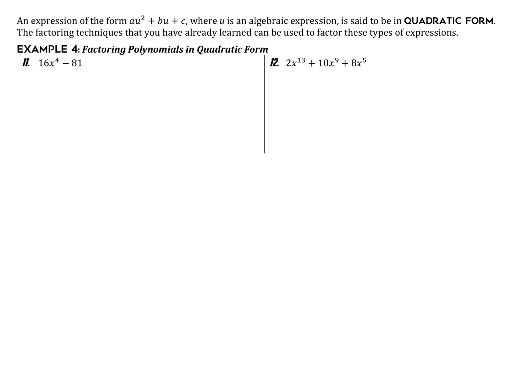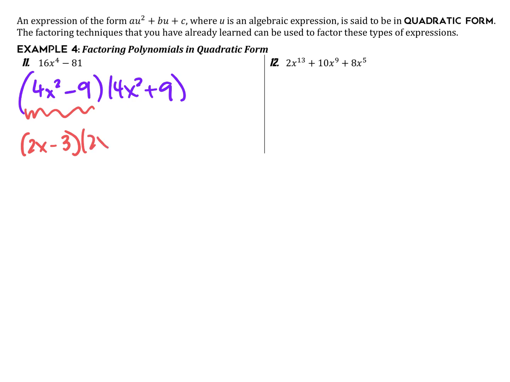see how you did. So hopefully you noticed on number 11 that this is the difference of squares. So to factor this, 16x to the fourth is going to be 4x squared minus 9 and 4x squared plus 9, because 16x to the fourth is a perfect square and 81 is a perfect square. But don't forget, this can factor more. This is also the difference of squares, so 2x minus 3 times 2x plus 3 times the 4x squared plus